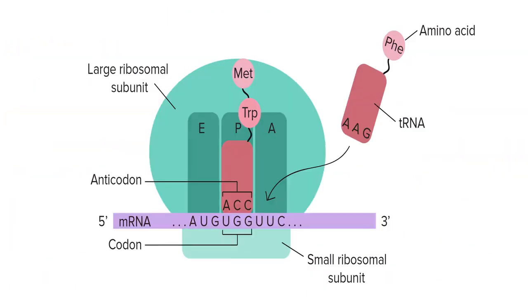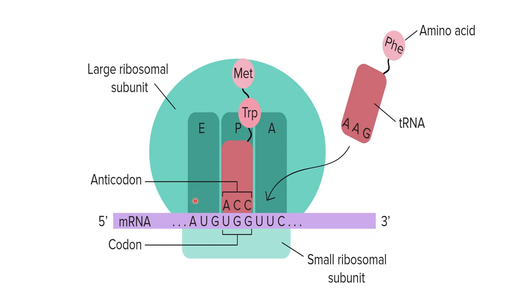See here, this is mRNA having the codons, you can say the sequence for the amino acids. Then this is the E, P and A sites of the ribosome. Here, first of all, this is AUG, the initiator codon of the mRNA. This P site was present on the AUG at the time of initiation, because the initiator tRNA was coming here with its anticodon with the amino acid methionine, right?